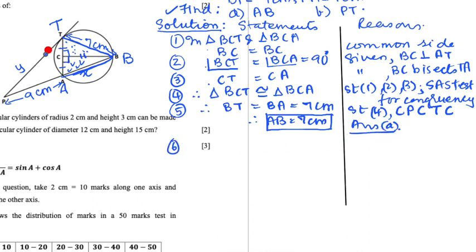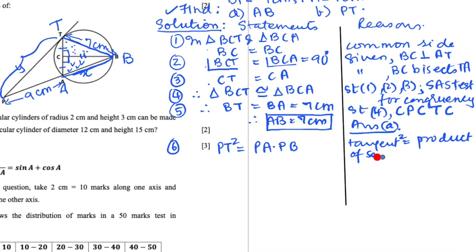Okay, now we have to find this PT. Now what is PT? PT is the tangent. Now can you see this AB chord is produced to meet this tangent at P, and so we have the segments of this chord AB, external segments will be PA into PB. So we are going to use that property. We are going to say PT square is going to be equal to PA into PB, and this will be tangent square is equal to product of segments